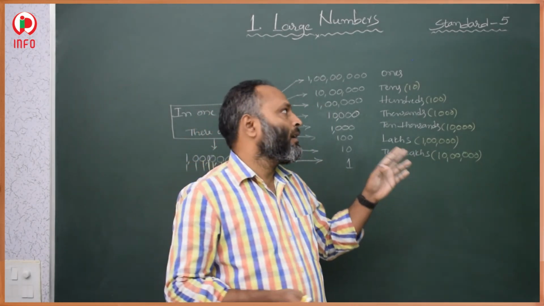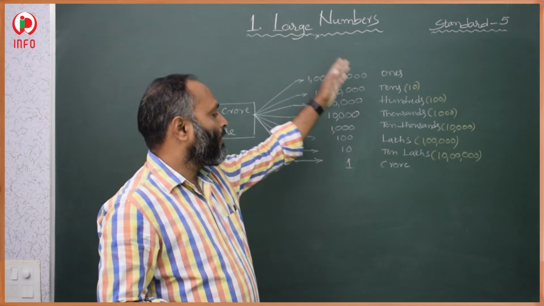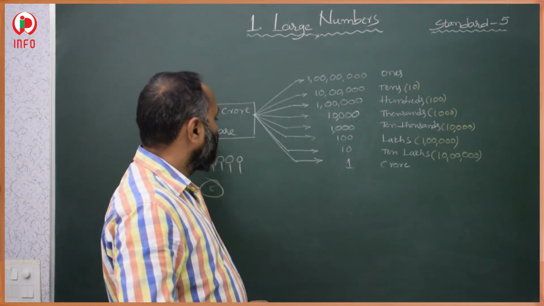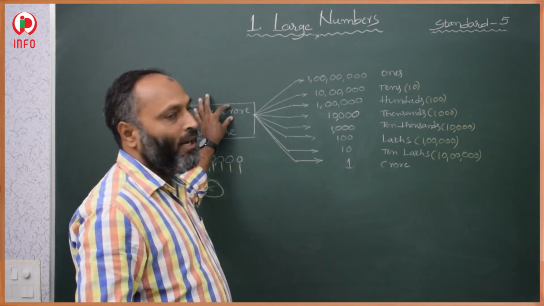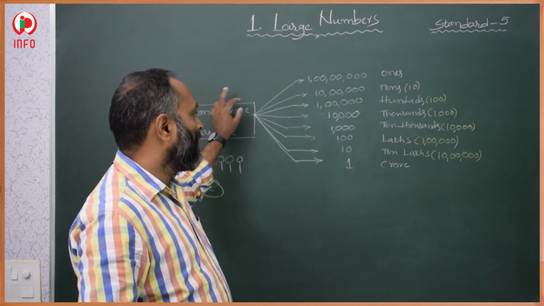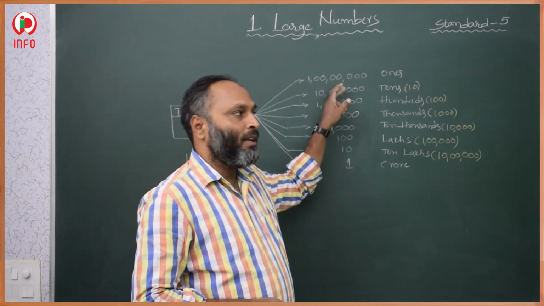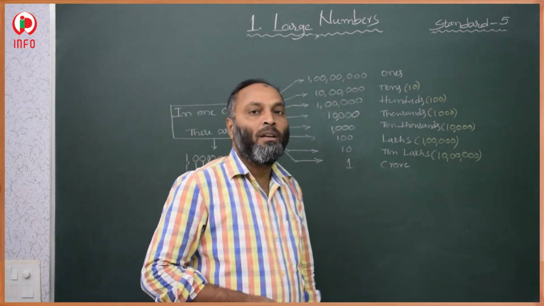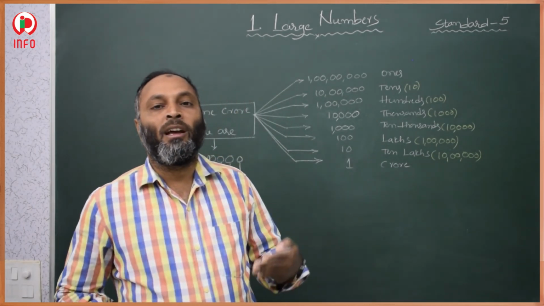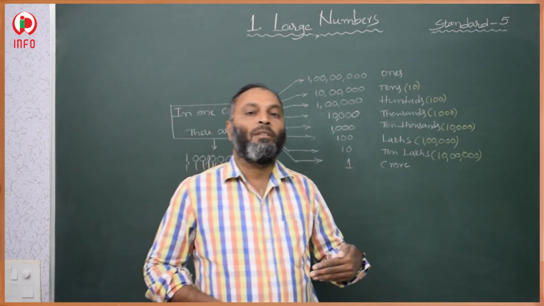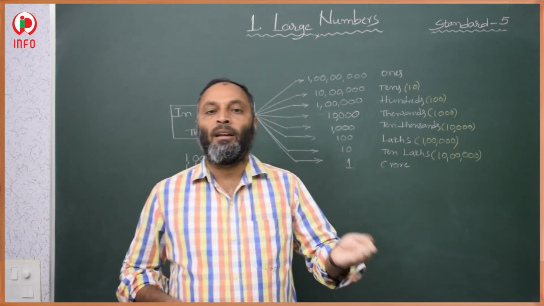The comparison between crore and all this is given here. In another way, sometimes he asks: if he gives 10 lakhs, here you take 10 lakhs first, then after that one by one you decrease a zero, and you say how many thousands are there, how many ones are there, how many tens are there according to that.